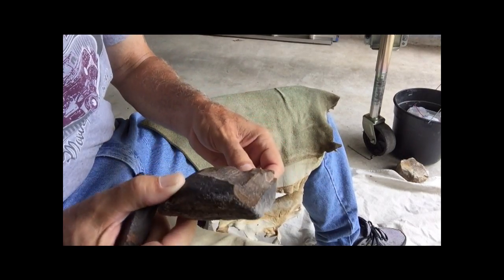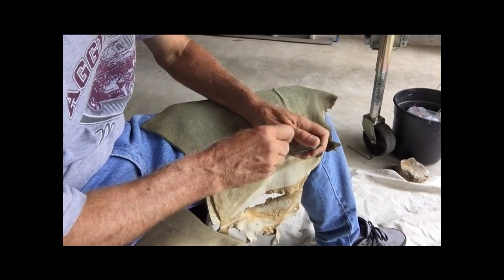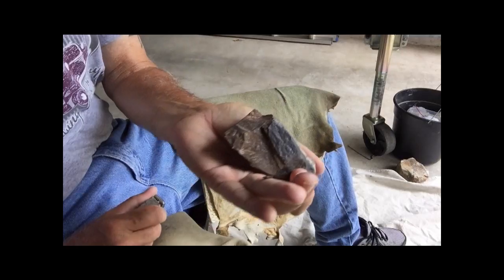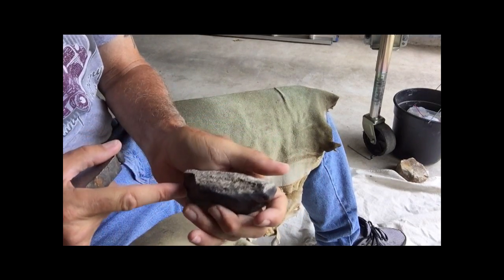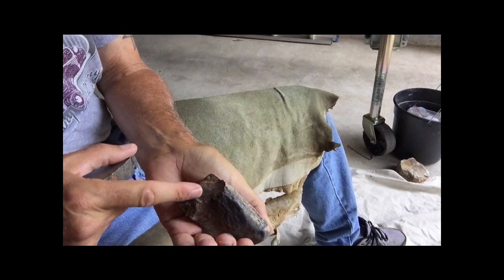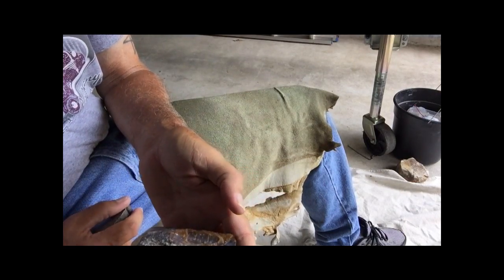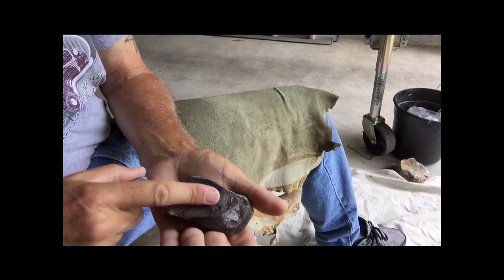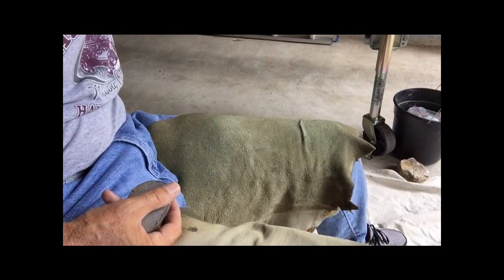Rough stuff though, definitely needs heat. That broke along a bedding plane. So it kind of looks like the middle of this might benefit from heat and work okay and be able to make a point. And the top surface and the bottom surface not real great. Okay, so